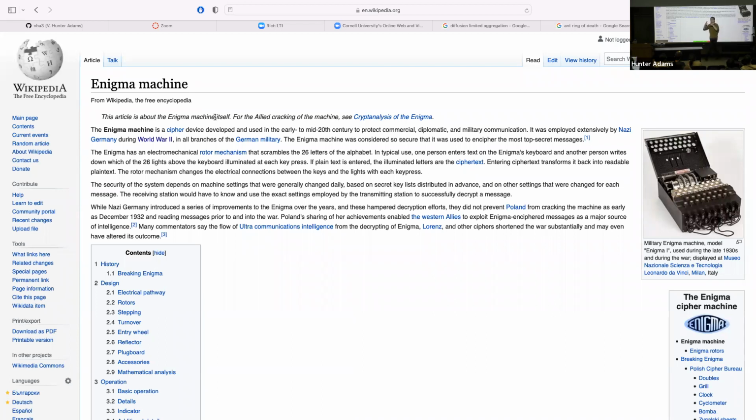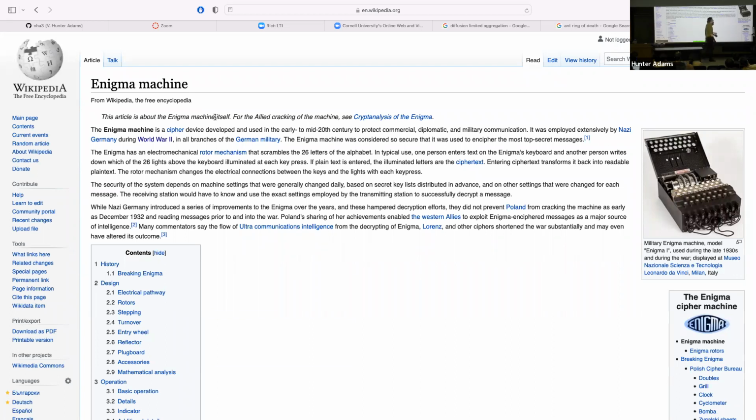That goes into a series of rotating mechanisms that then further scramble those letters. Each pass through one of these rotors maps the letter that was previously mapped by the Stecker board to another letter. The next rotor maps it to another letter, goes to a reflector board, comes back through the whole system, through the Stecker board, and back out, and a particular light bulb associated with a letter illuminates. So I push A, maybe G lights up, and I write down G, and that is my enciphering for the letter A. And by the way, every time you push a key, the rotors click, so it's changing its configuration as you write.